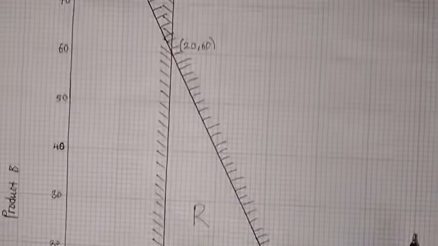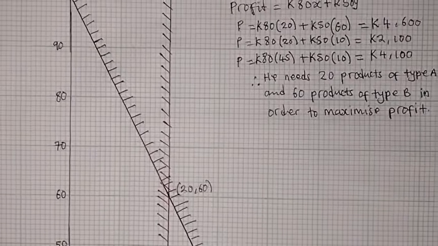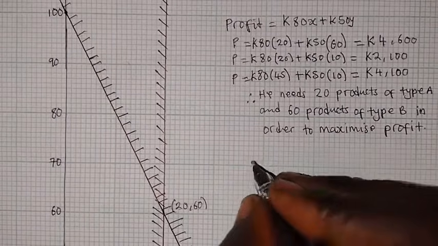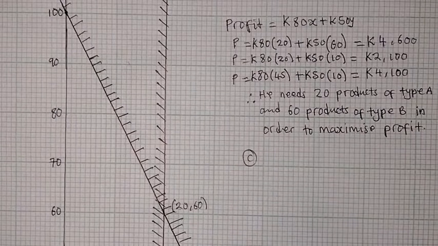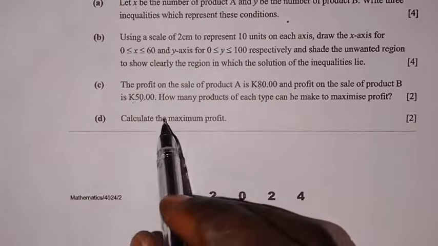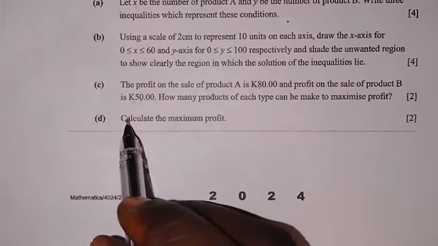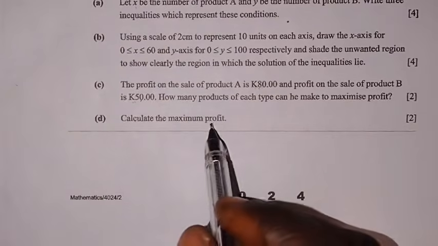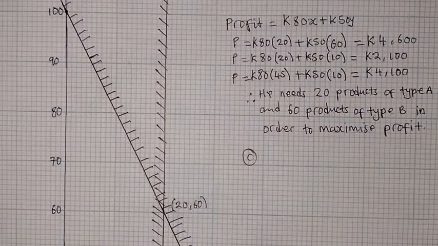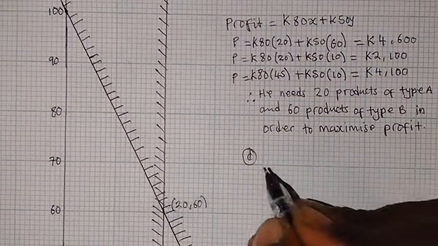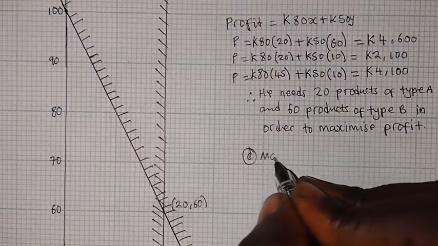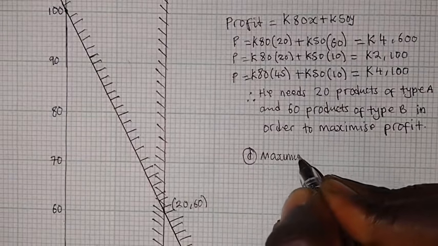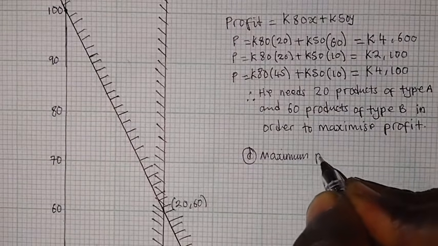Let us now move on to our last question. So this last question is our question C. So let's look at our last question now. All right, so this is our last question. This one, question D, sorry, not C. Calculate the maximum profit, 2 marks. So we just need to calculate the maximum profit. So this is D. So now we are going to write, you say, maximum profit